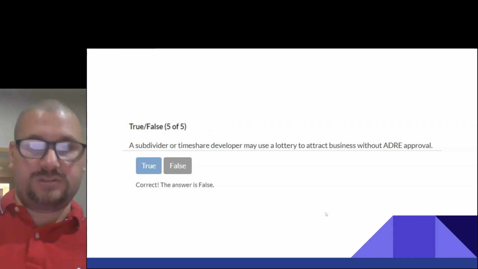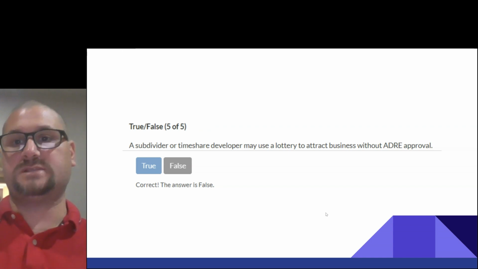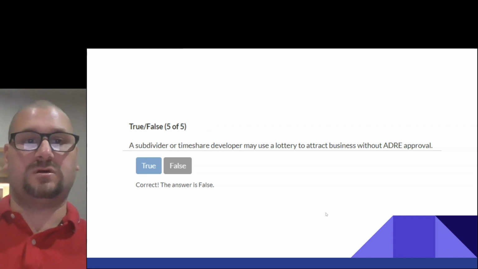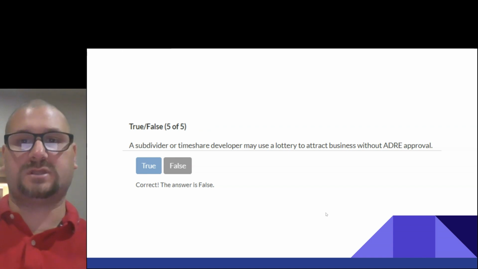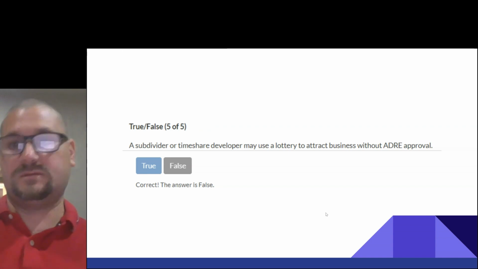A subdivider or timeshare developer may use a lottery to attract business without ADRE approval. This is false, right? They may not use the lottery without approval.